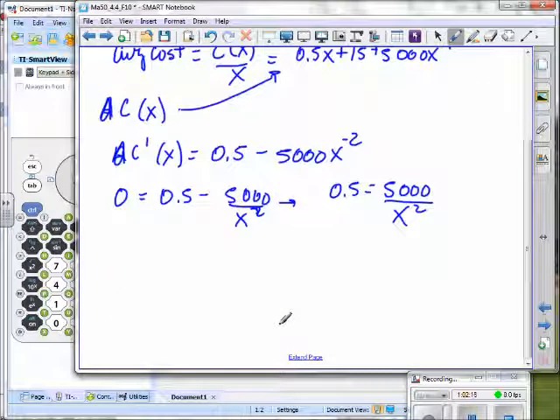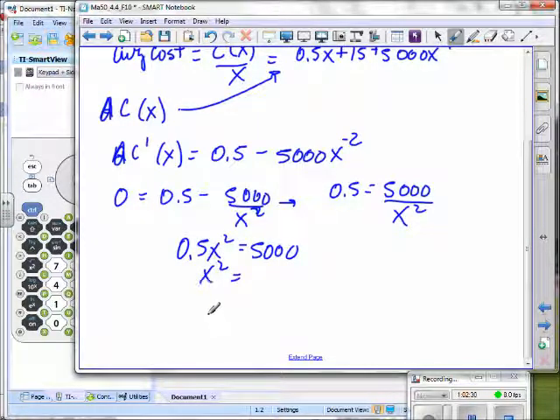Kind of going against what I was telling you before, but because I don't have x in both terms, I see no reason to do a product here. I could. Let's see, 5/10 x squared equals 5,000, x squared equals,